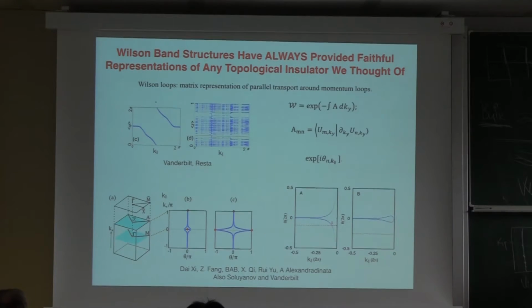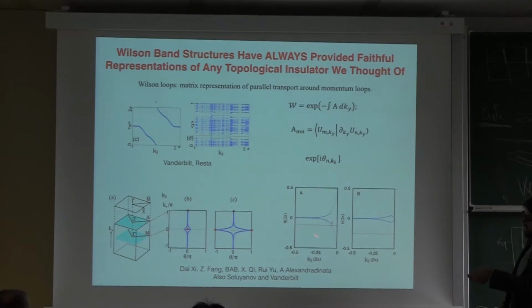Now, how about a quantum spin Hall case? I do the same, but now I know that the occupied bands come in Kramers pairs. So my Wilson loop is a 2 by 2 matrix. I have 2 eigenvalues, and I just look at what they do as a function of kx. Think of this as kx, but now only between 0 and pi, because I have time reversal. I'm not looking between 0 and 2 pi in kx. I'm looking at what they do between 0 and pi. And notice this is the non-trivial case.